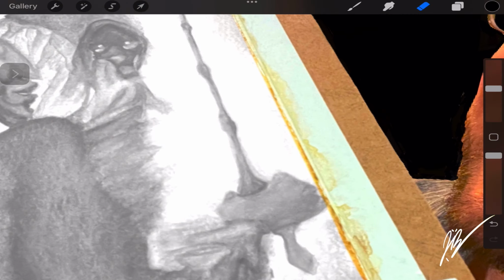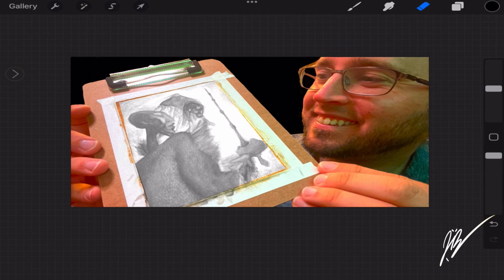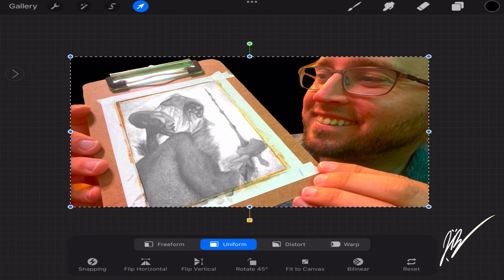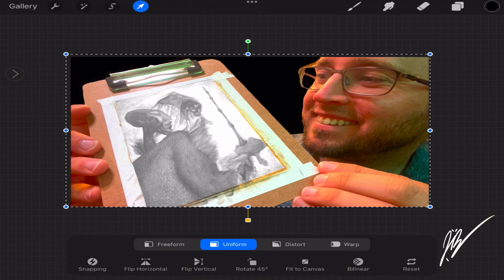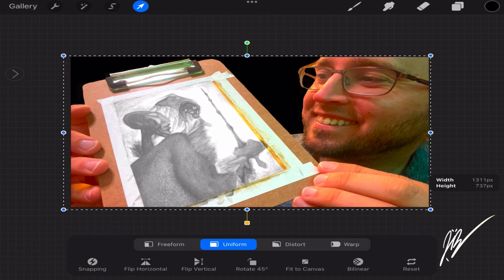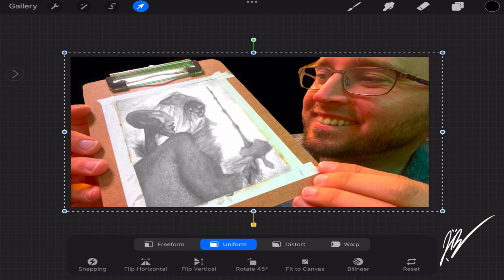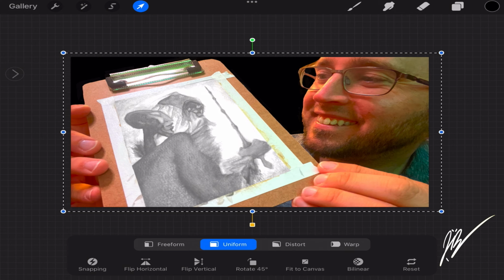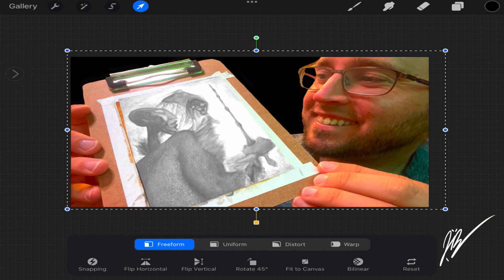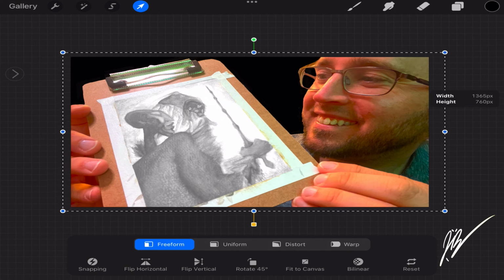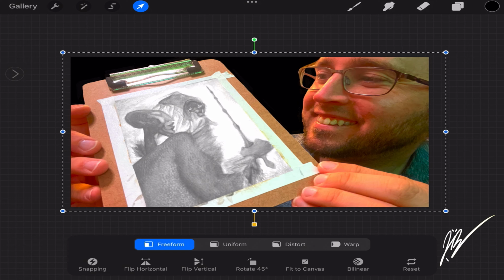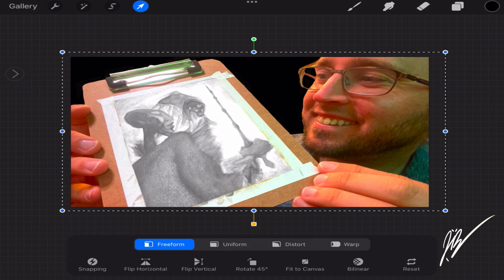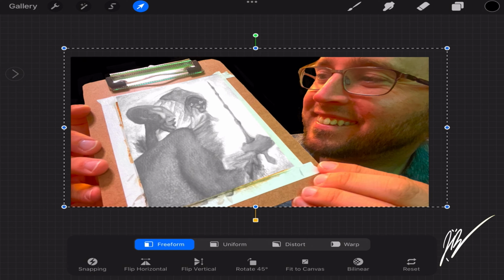So as we transition here, I did a little bit of tinkering here and there, just trying to see if I can get the perfect brightness. I tried some different tools and really wasn't feeling where it was going, so I did crop a little bit out of the content. Now what I'm doing is using that overlaid image there. I'm making sure I size that perfectly for the actual clipboard masking tape that is holding the completed watercolor sketch there. So we're just using the same image of me, the clipboard, and so forth,